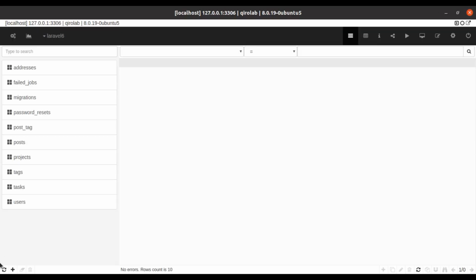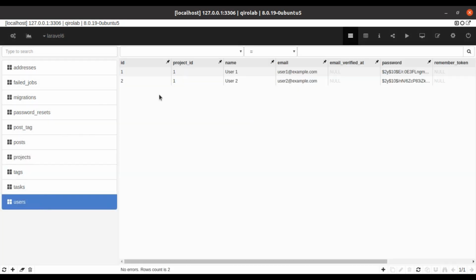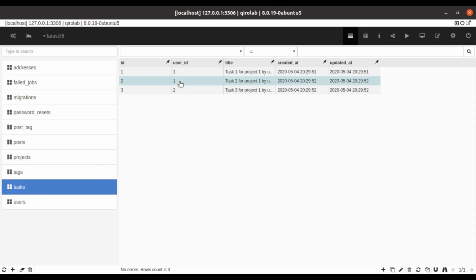So it should have created the records in the database. Refresh, and in the projects table we have Project A where ID is 1, and in the users table we have two users, both belonging to project ID 1, and in the tasks table the first two tasks belong to user 1 and the third task belongs to user ID 2.